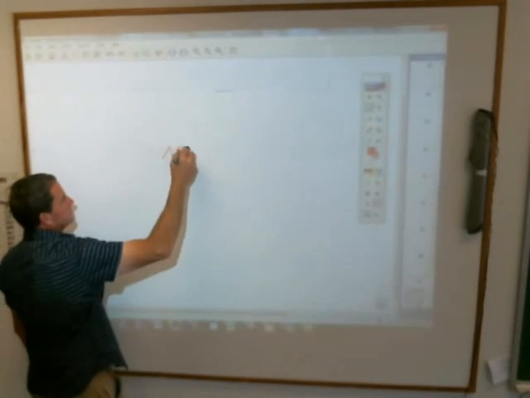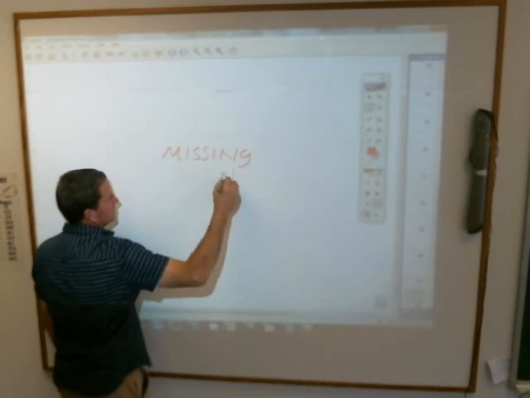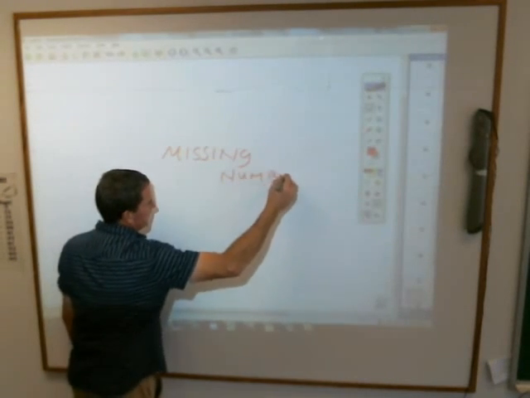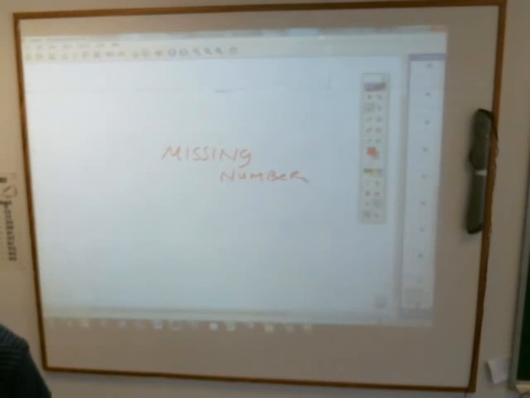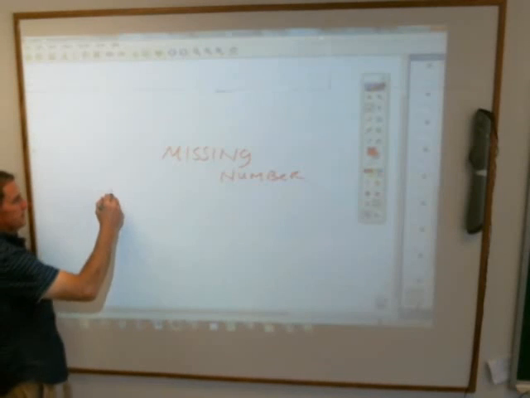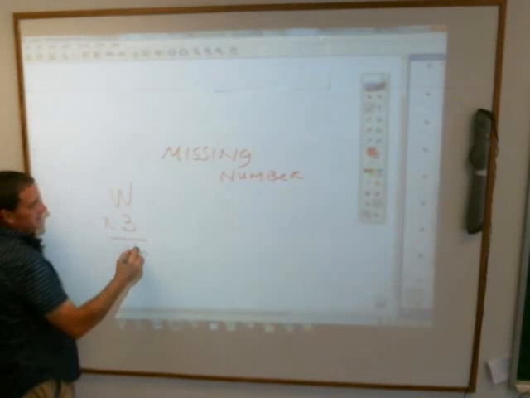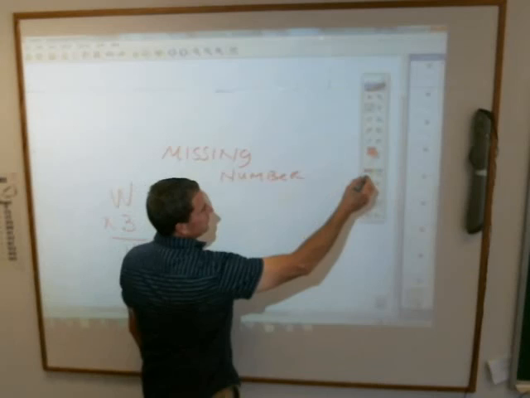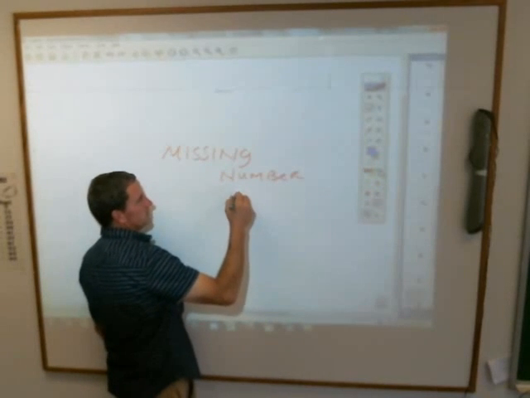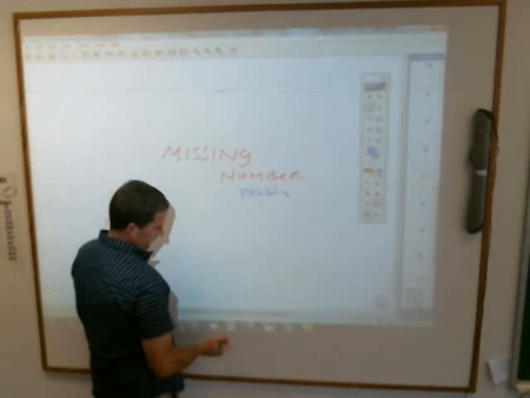In multiplication also, we're going to have some missing number problems, which means this. They're going to give you a problem that might look like this: W times 3 is 18. You could keep that under missing number problems. If you're going to do that tonight,